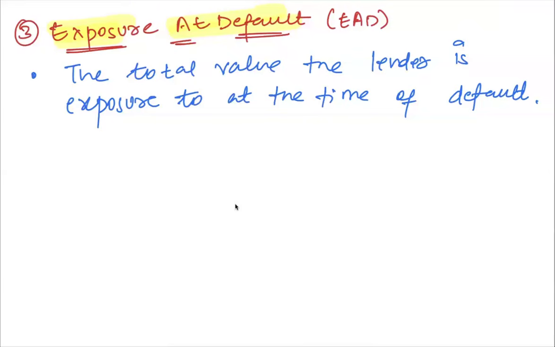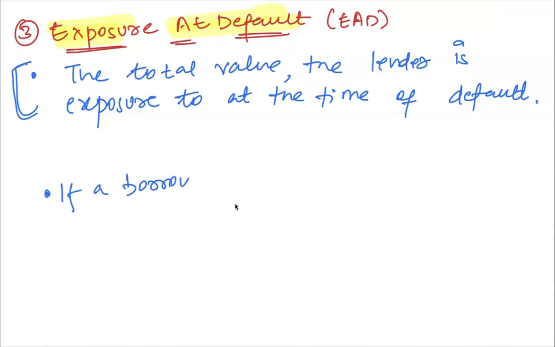Okay, it's very straightforward. What it says is how much is the total value the lender is exposed to at the time of default, which means, let's say, if a borrower